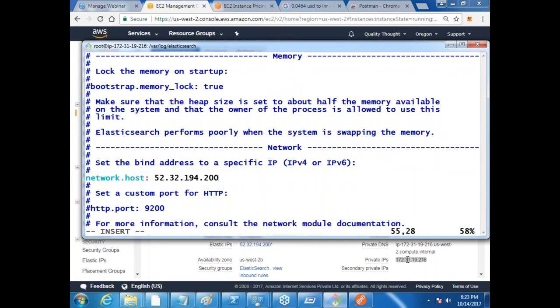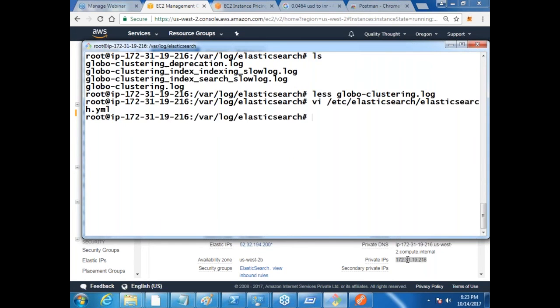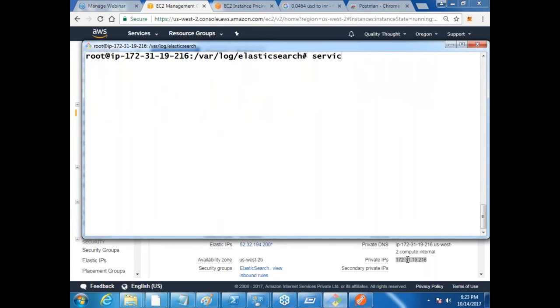Shift insert and then wq, and let me do this now. service elasticsearch start. service elasticsearch